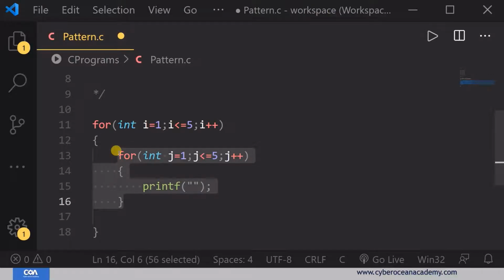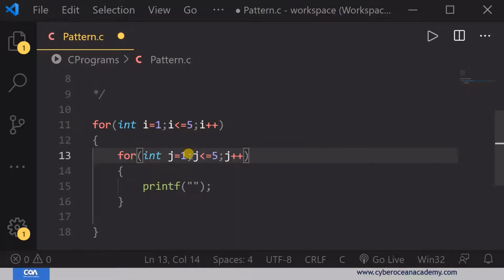Now in this loop it will initialize int j equal to 1, that means the value 1 inside the variable j. After that it will check the condition j less than or equal to 5, which is true, so it will go inside the for loop.